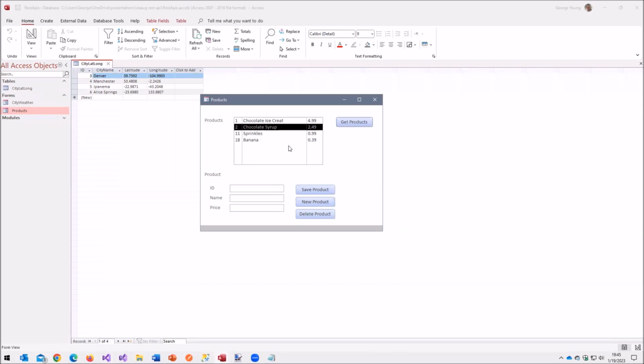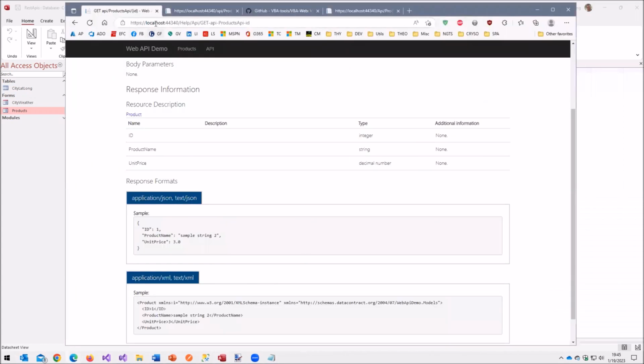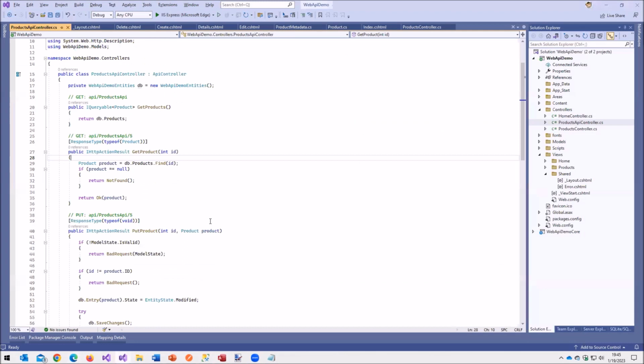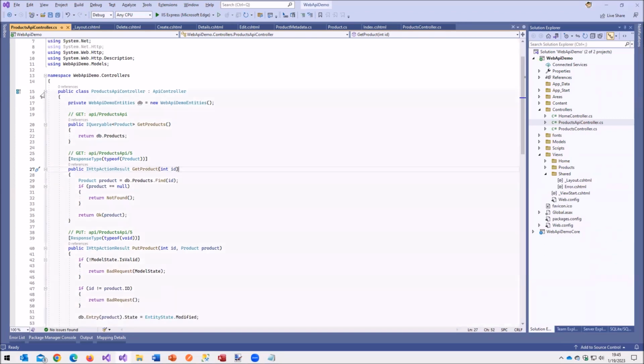To quickly show you the web API. So I talked about this web API. Now, this is on my local host, right? You asked about the URL. This is a local host development machine in Visual Studio, but I could have put this up in Azure if I wanted to. Now, the question is, and I talked about how it's relatively easy to build this. Let me show you quickly what that looks like in Visual Studio. And let's see, is this the right one? Web API demo. Yes. So how does this work? Basically, it automatically created, let me collapse these real quick.